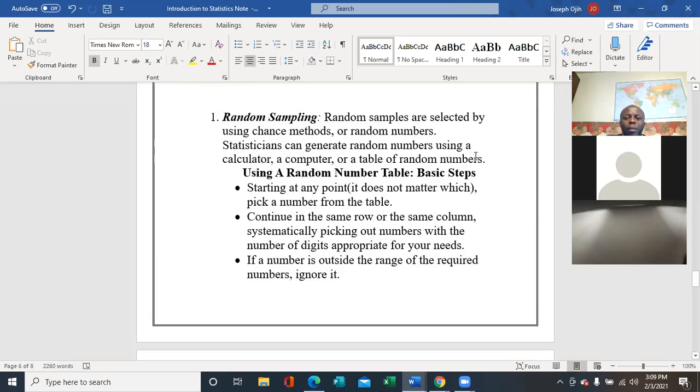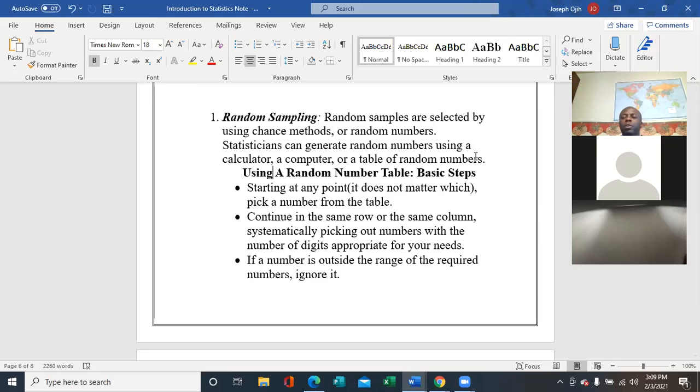In random sampling, samples are selected by using chance methods or random numbers. We can generate random numbers by using a calculator, a computer, or a table of random numbers. Now, we are selecting at random.